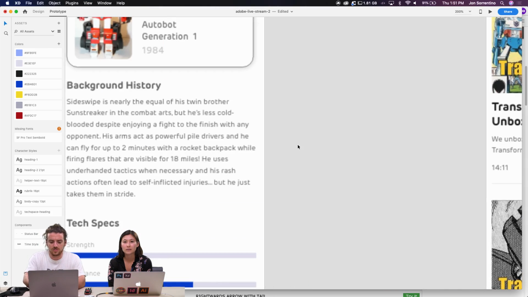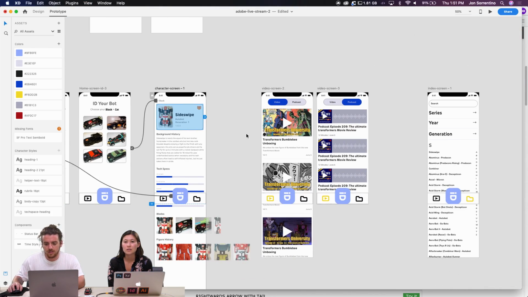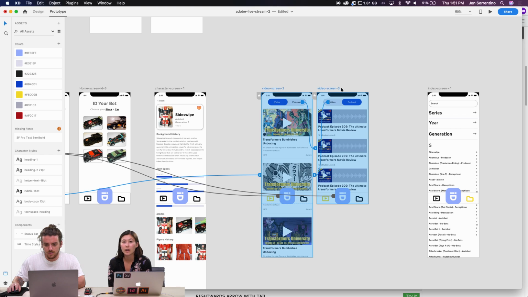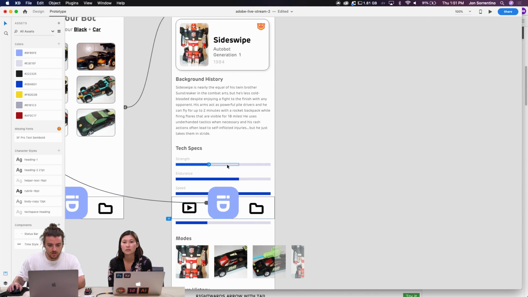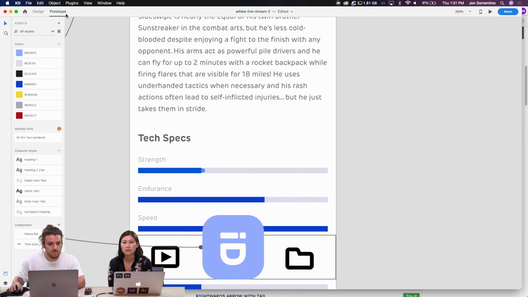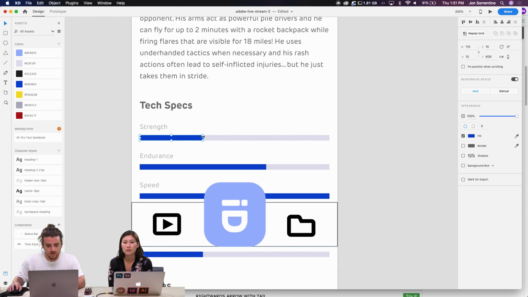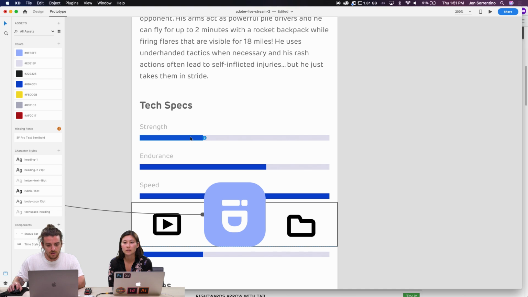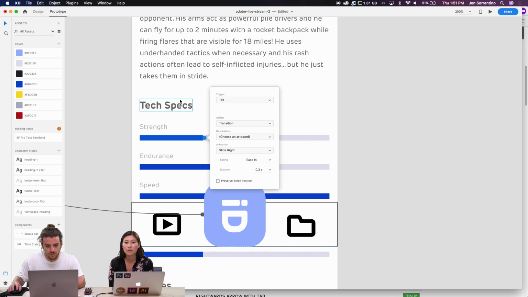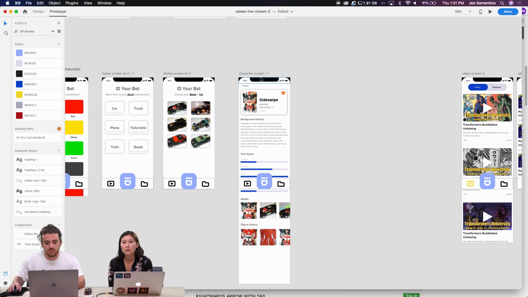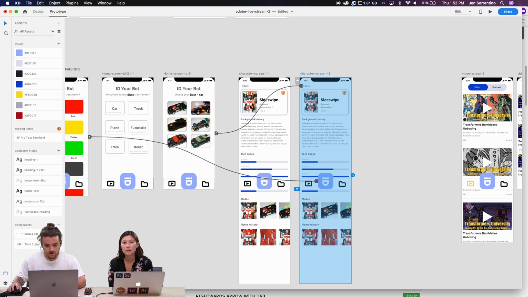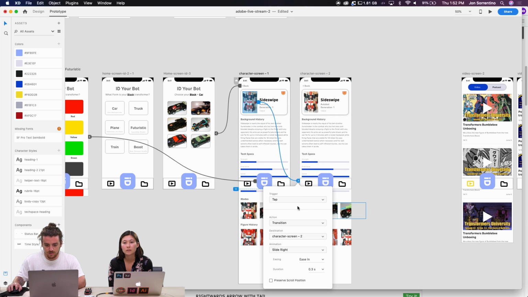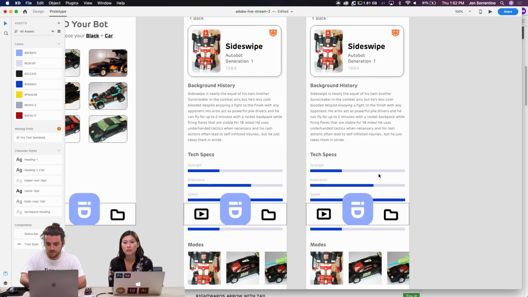Maybe we can do something like that right now. And I think it's just the auto animate, like making it a drag for your cards. So let's see. If we're here, let's try and do this with this one. And then auto. You have to make another artboard though. Yeah, right? So let's duplicate this. Character screen 2. And we're just going to make it click to here. Auto animate.